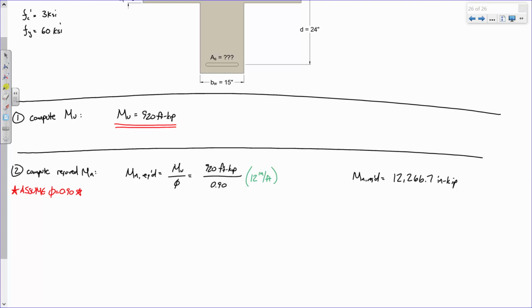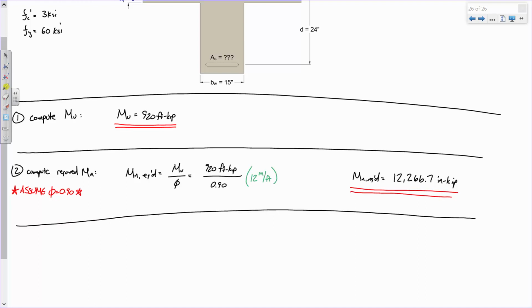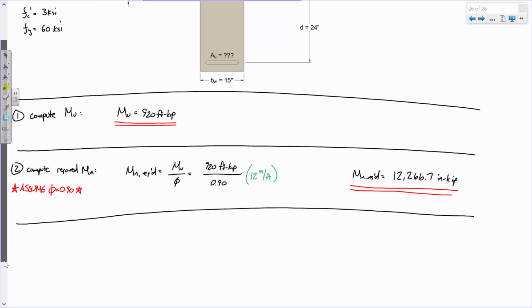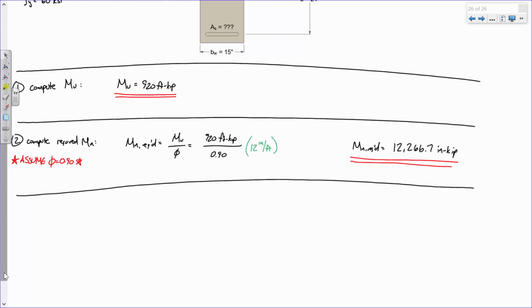All right. And I'd argue, I don't care what the beam looks like, that is pretty much going to be your first two steps in any beam design problem: figuring out what you need to design the beam for and how much it needs to hold up. Now step three, this is where we start making some assumptions whether or not we're dealing with a rectangular T-beam or a true T-beam. So we're going to compute